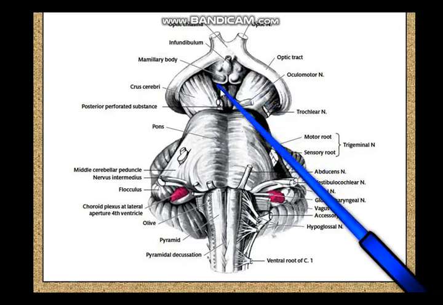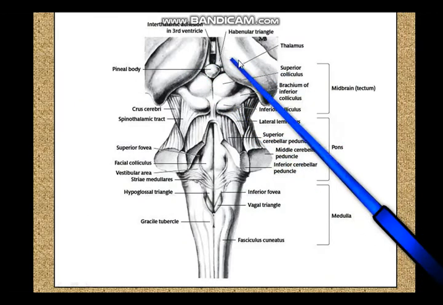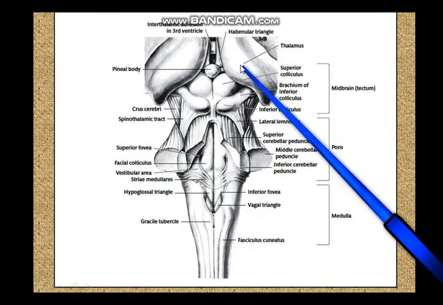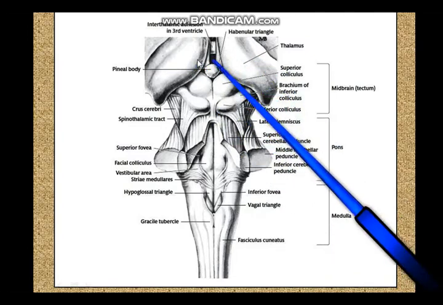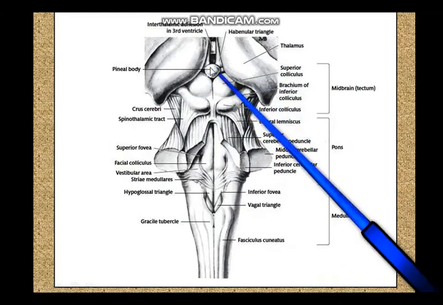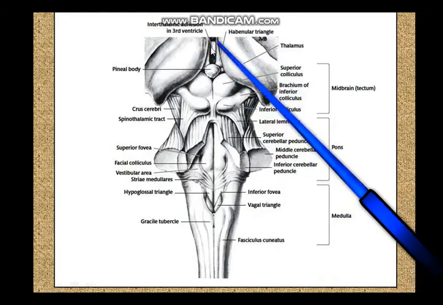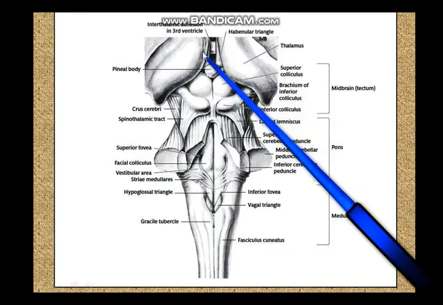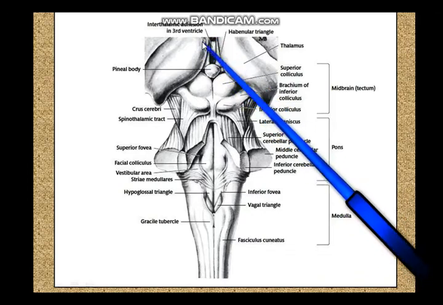See, this was part of the diencephalon, that is the hypothalamic region. So here posteriorly you have the thalamic region, that part of the diencephalon. So you can see the thalamus here. These are the posterior ends of the thalami, and between the thalami posteriorly you can see in the middle the third ventricle, and in the third ventricle you can see the interthalamic adhesion.